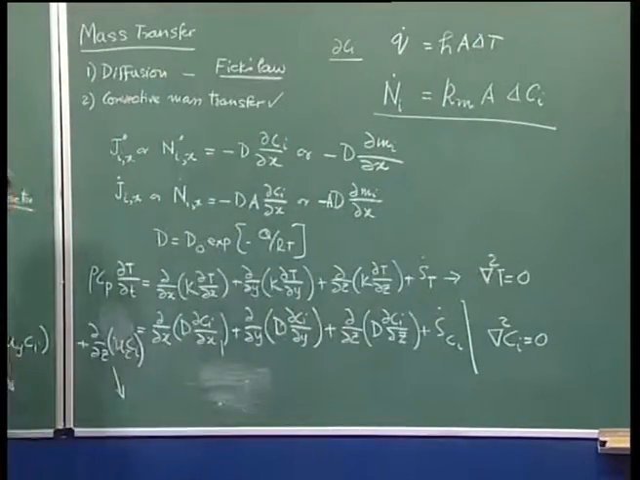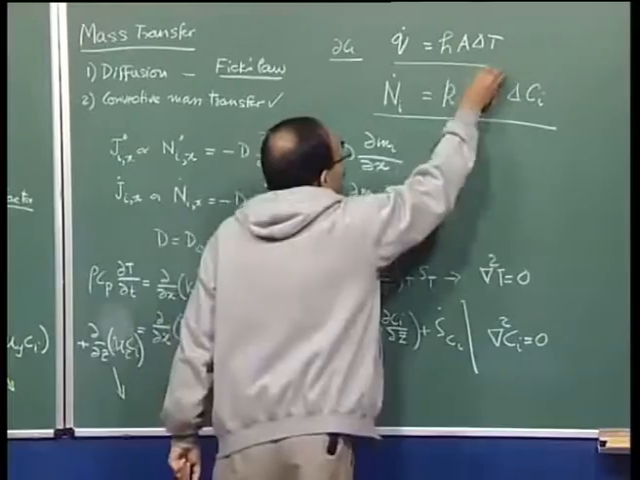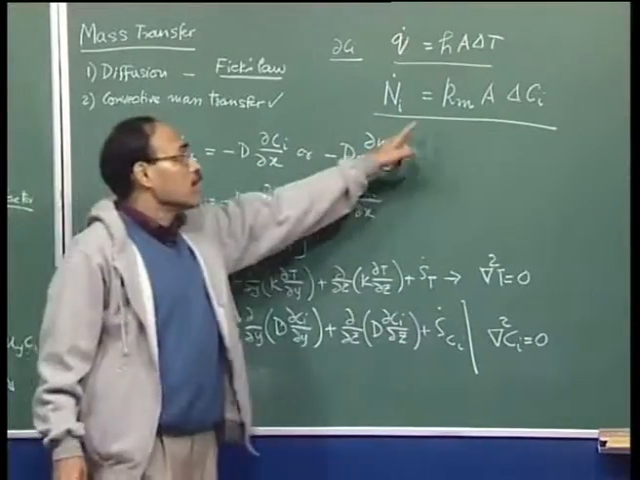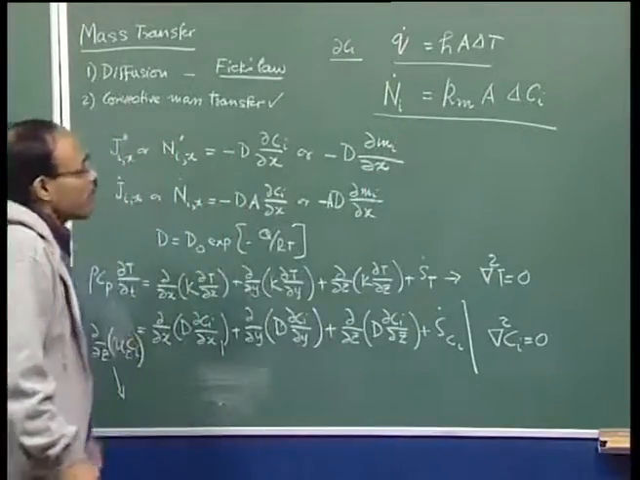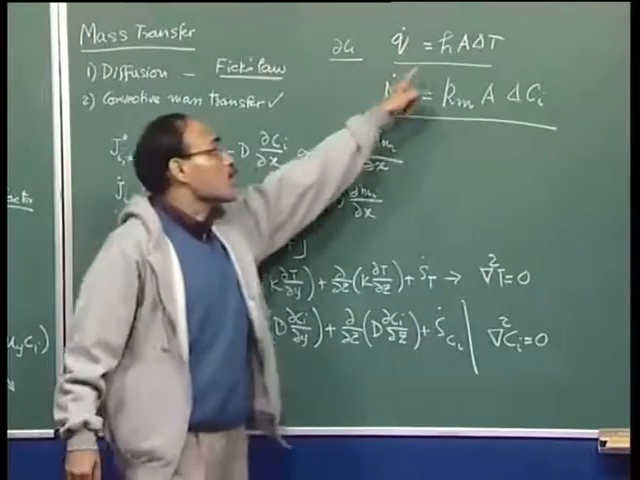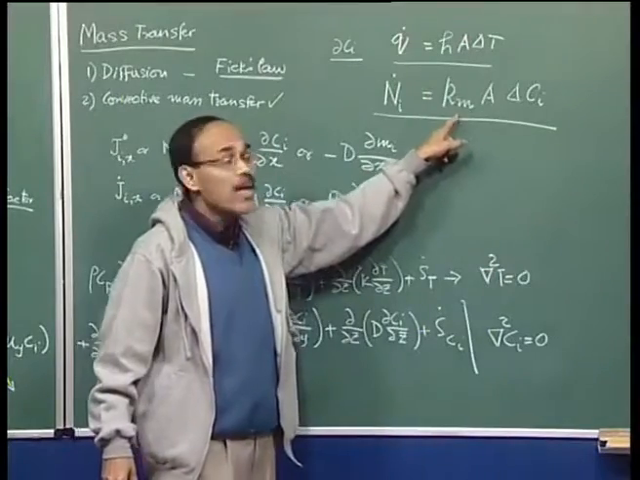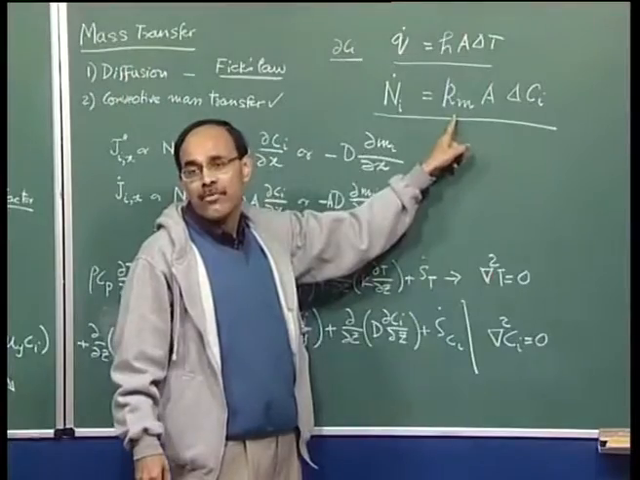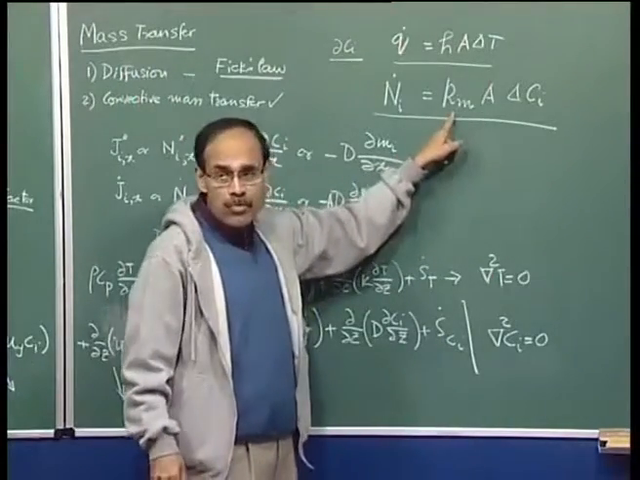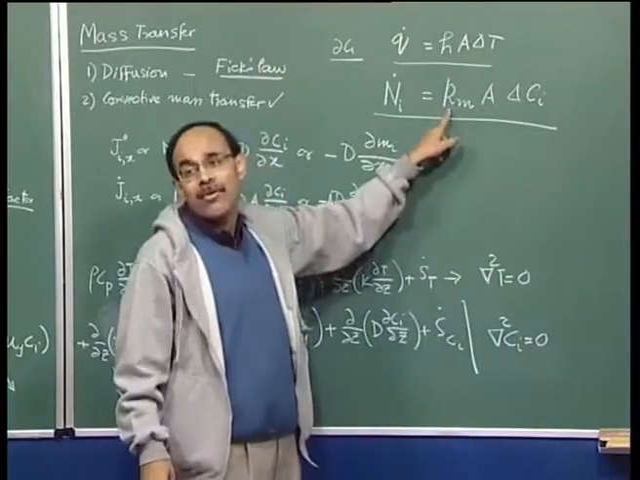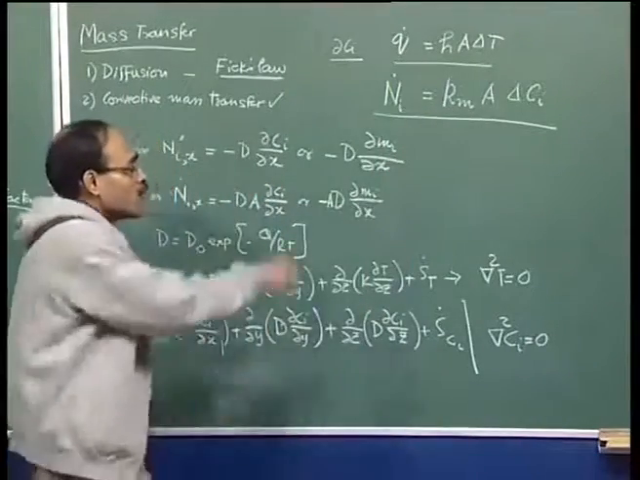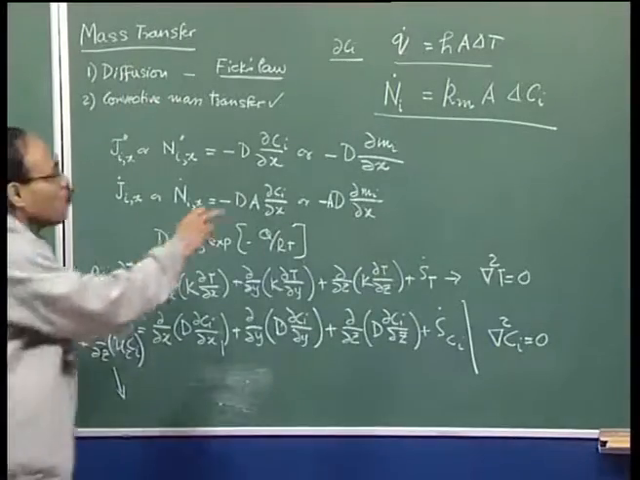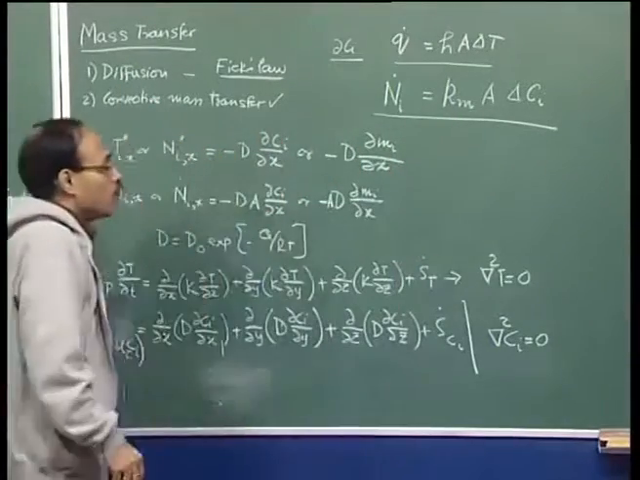So, that was the rate of heat flow, and now Ni represents the rate of mass flow, in which Km represents the mass transfer coefficient. H is the heat transfer coefficient, Km is the mass transfer coefficient. H was a function of fluid flow, Km is also a function of fluid flow. Therefore, Km cannot be known unless we have an idea about the fluid flow. So, through such expressions, through Km, we incorporate the influence of fluid flow